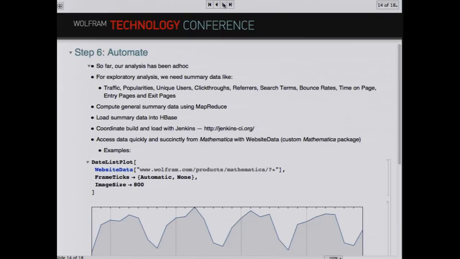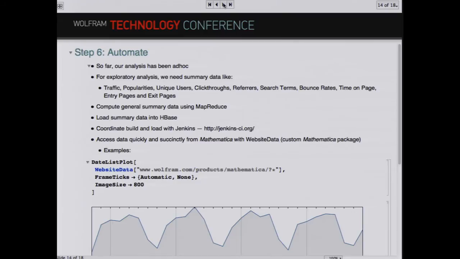So, up until now, our analysis has been relatively ad hoc. But for exploratory analysis, we need things like summary data, as we saw. I needed to use the input pages, the traffic to the input pages, in order to be able to normalize my chart. And so, it's important to create this summary data and have quick and easy access to it.